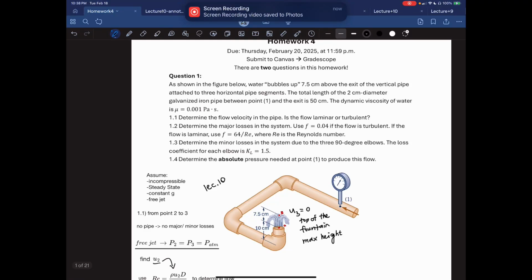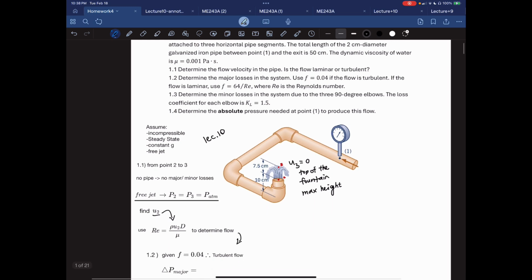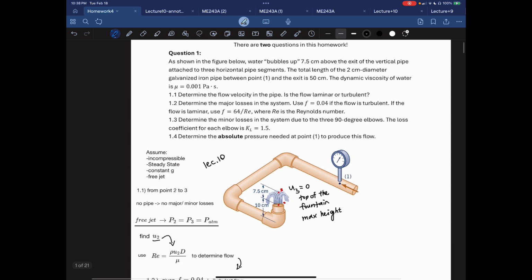Okay, so I will be giving you some guidance on the homework problems and practice problems as well that I think are helpful. Okay, so for question one,